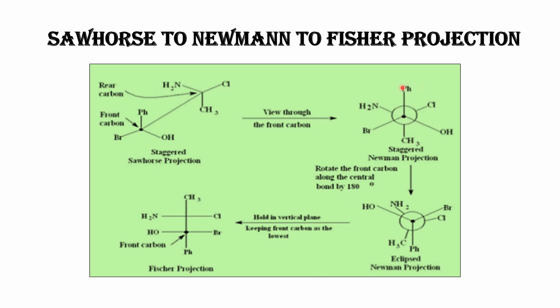Both the terminals, the stems of the Y, have to come close to each other. That is the eclipsed form. Come close to each other. Okay, so in the eclipsed form it needs to come. So here it comes means this will go here and this will go that side. So this is the eclipsed form. Directly you can write the Fischer projection. I said here an easy method. These two stems will be on the vertical line. It will go OH, Br as it is, and NH2, Cl, NH2 as it is. It's easy to write.